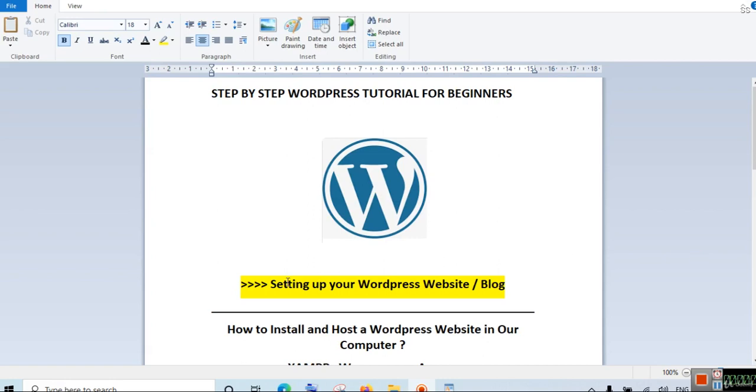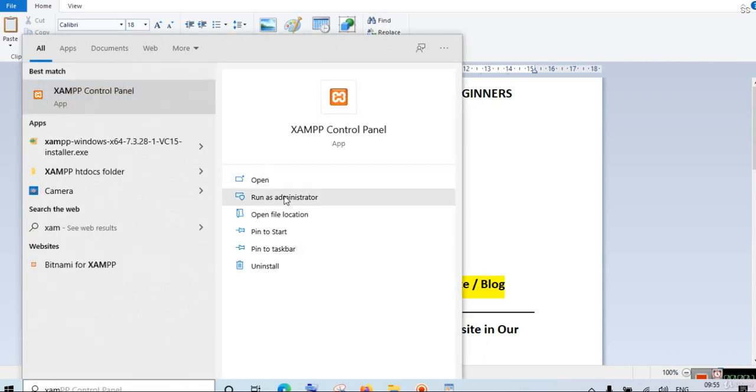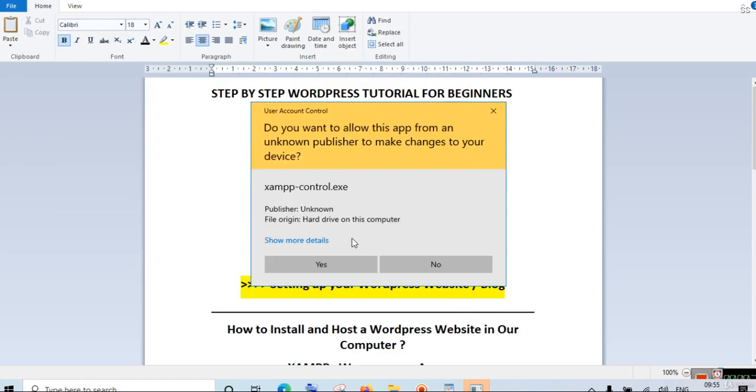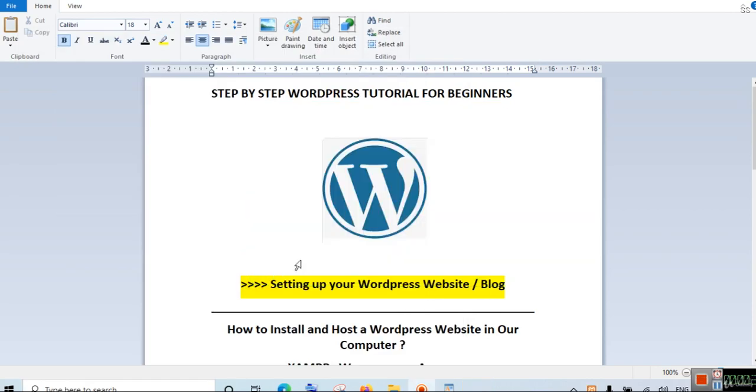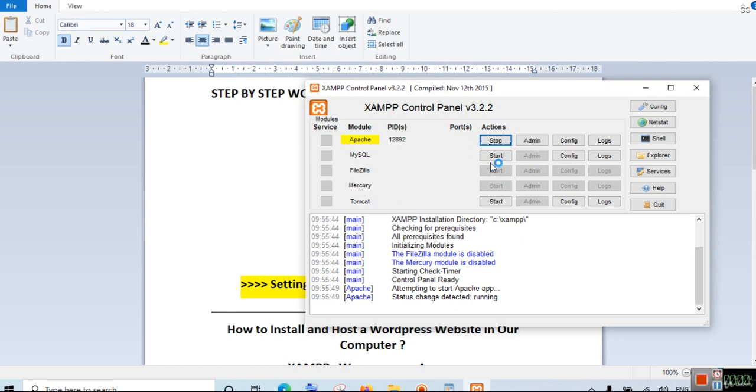In this part, we are discussing setting up your WordPress website or blog. In the previous part, with the help of the XAMPP control panel, make sure that every time you have to open your WordPress website which is hosted on your localhost, you open the XAMPP control panel and run Apache and the MySQL server. So here make sure Apache and MySQL server are running,